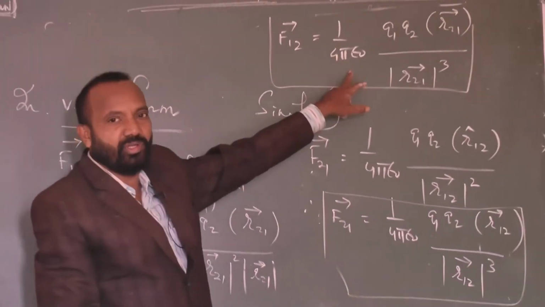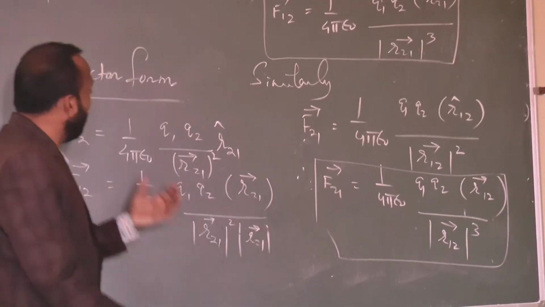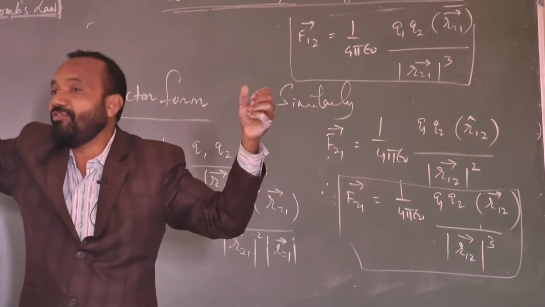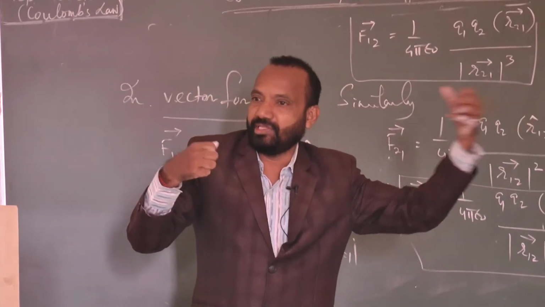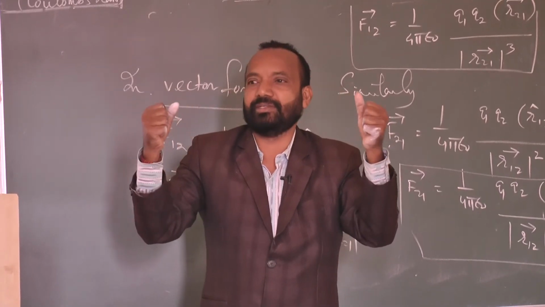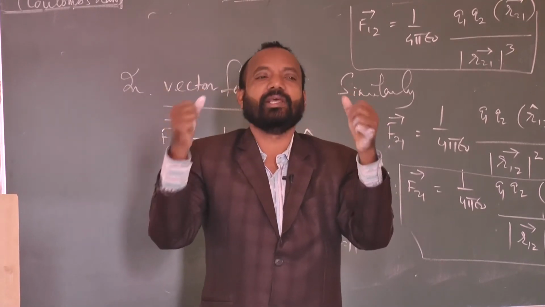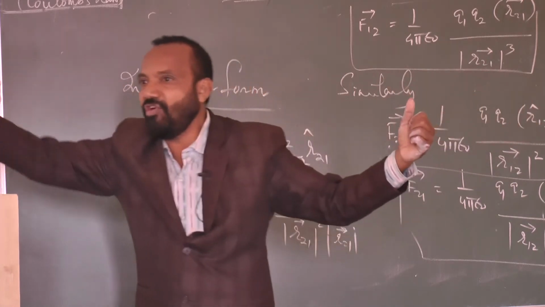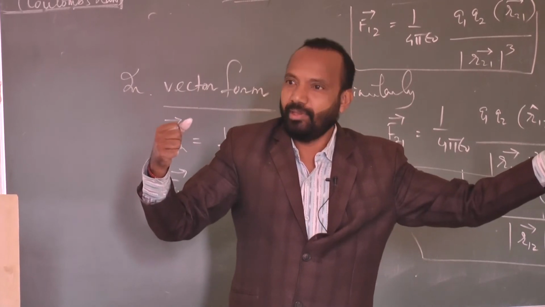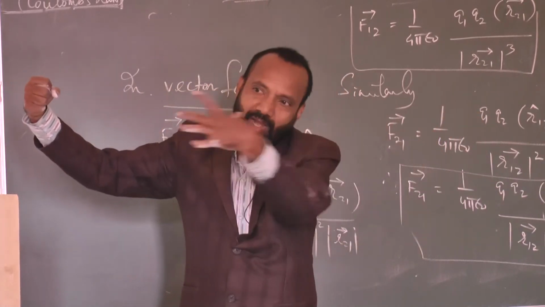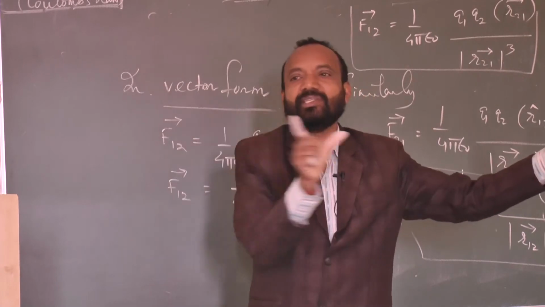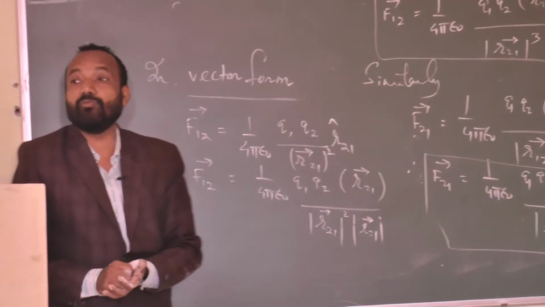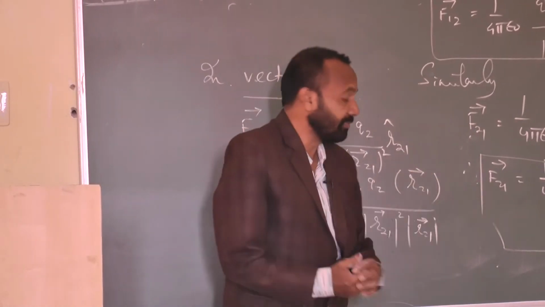For F12 this one, F21 is this one. Suppose charge Q2 is there, charge Q1 is there. So this direction F12 is there. This direction F21 is there. The two charges are like charges, positively like charges. That's why force of repulsion will take place. They will move away from each other. So this is F12, this is your F21, right. So for F12 the distance is R21, for F21 the distance is R12. So accordingly we can measure. This is the vector form of the Coulomb force. So you have to write up to this.